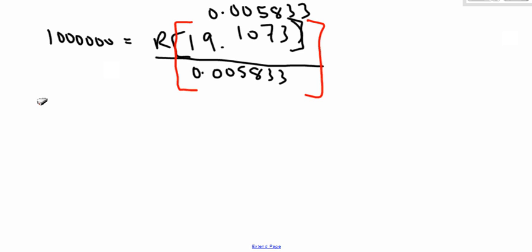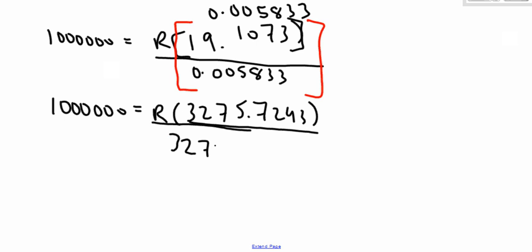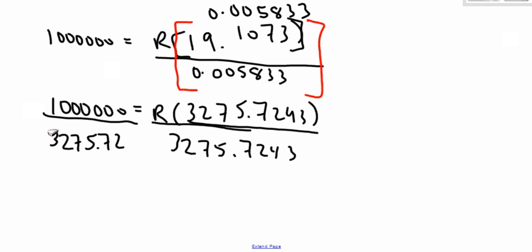so here we go, $1 million equals R times 3275.7243. So to solve for R, all I have to do is divide by this number. On both sides of the equation, I'm going to divide by 3275.7243, and that'll tell me what monthly deposit needs to be made. So $1 million divided by 3275.7243, and that gives me